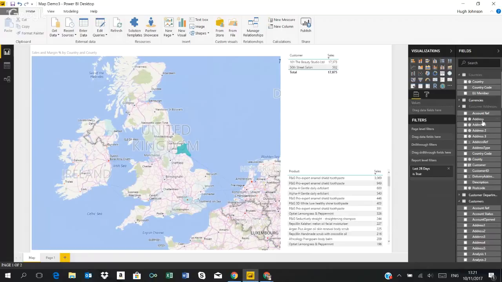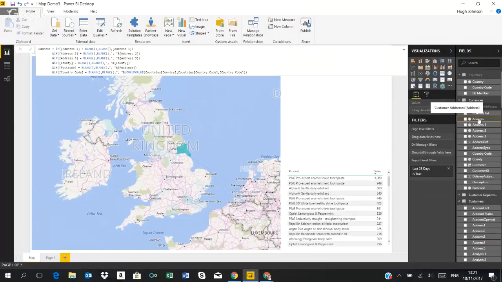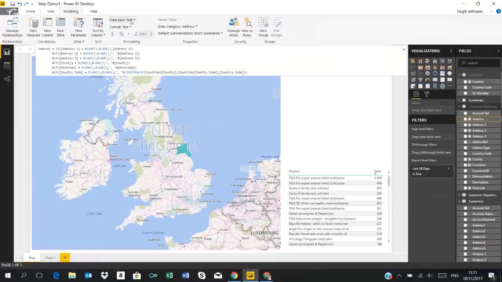What that means is I've told Power BI that this holds location information. And the way to do that is very simple. If I select that address line there, I go to the modeling tab, data type is text, but if you go to the data category option,